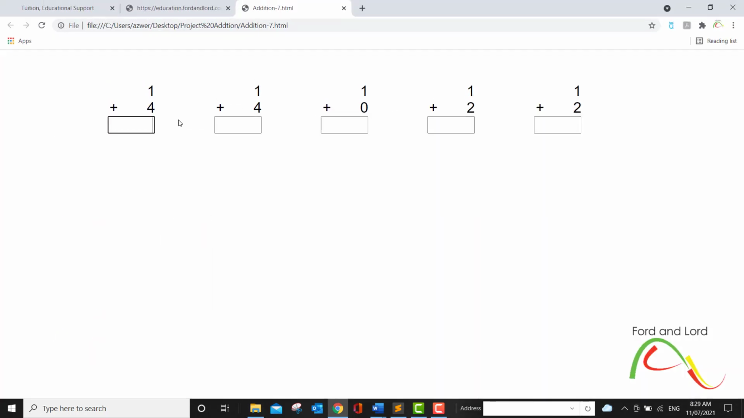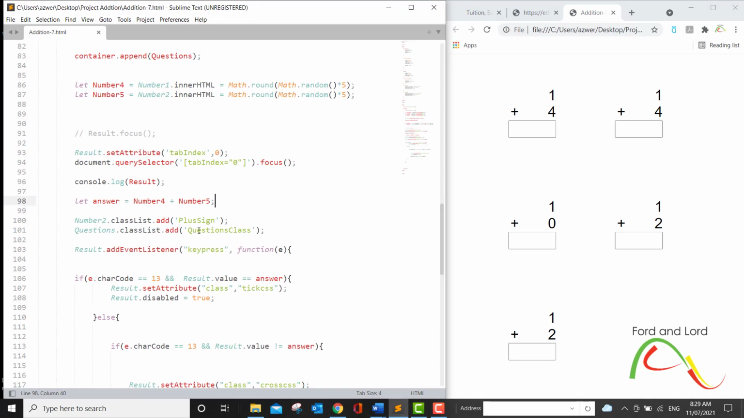In the last lesson, we learned how to bring focus to the first input element with the help of the document.querySelector method. It is a heavily used method in JavaScript. The querySelector method returns the first element that matches a specified CSS selector in the document. In this particular case, the tab index value of 0 is the CSS selector, but it can really be